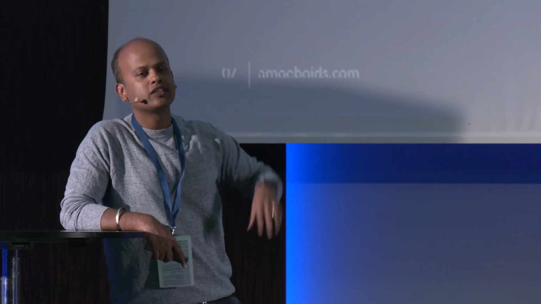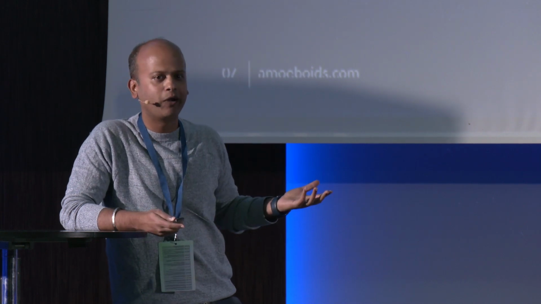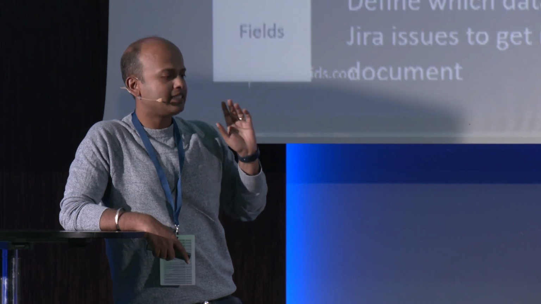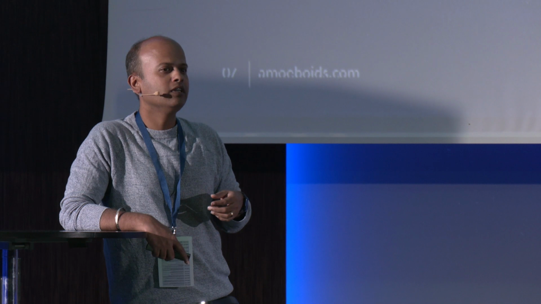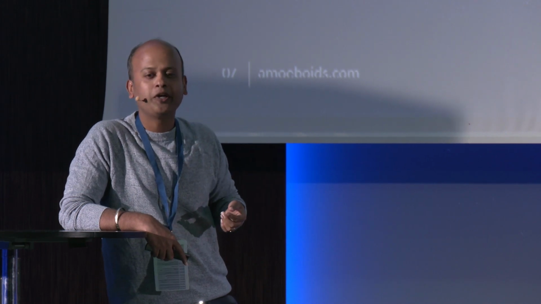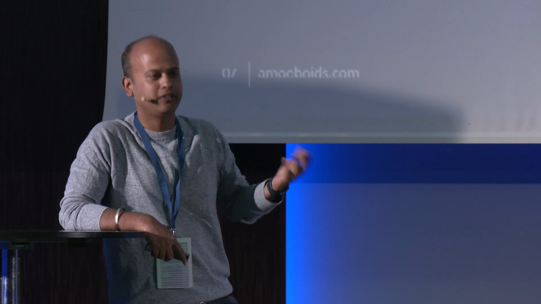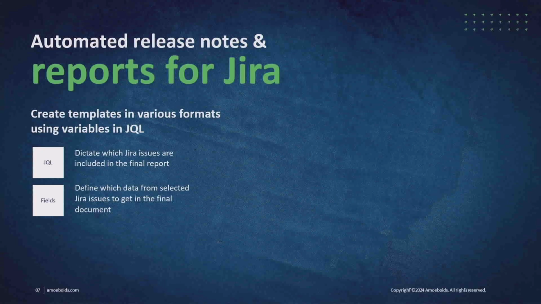How do you identify them? Of course, you use something like a JQL, Jira query language. A JQL search result, that's how you identify what Jira issues I want to include in my final document. Second, of course, I'm sure you have seen Jira instances with thousands of custom fields. Do you want to include all of the information from those custom fields into your reports? Definitely not. So you would want to define which custom fields or default fields from those selected Jira issues